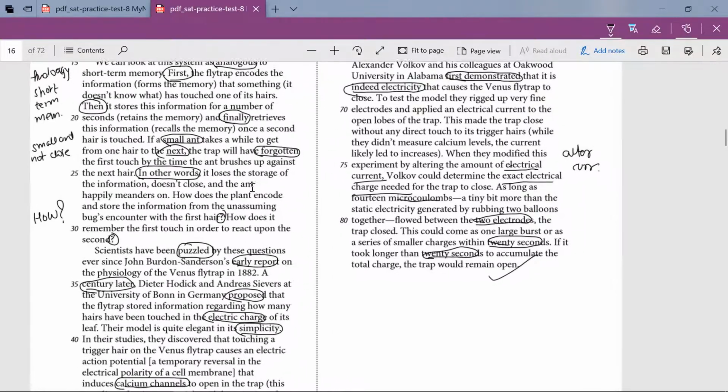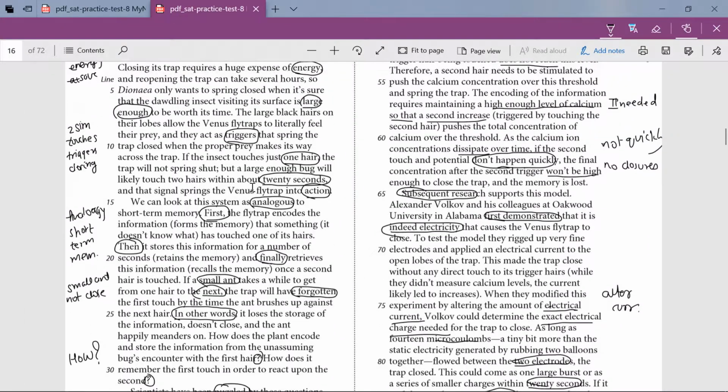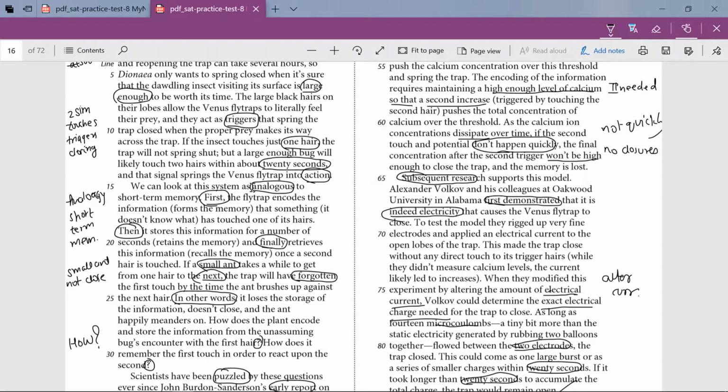Now see, I've read this passage, and whenever I read it, I make sure that I create some milestones here, and they help me a great deal. So let me come straight to this line: we can look at this system. Now, which system does this mean? Probably the system talked about in the previous paragraph. I'm not reading that paragraph right now, but I know that the system has been discussed in the previous paragraph